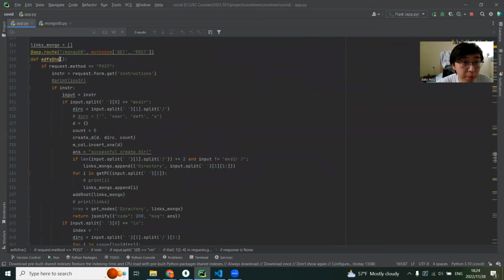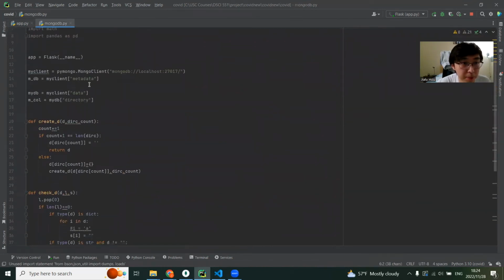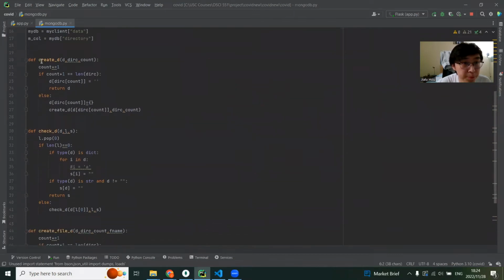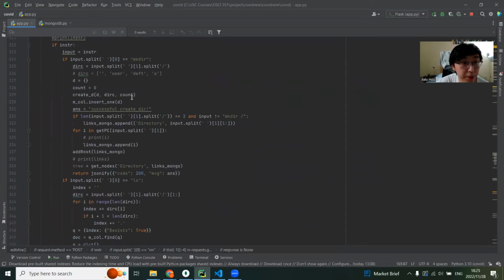So in MongoDB, I need to create the database and the collection first, and also instead of creating a URL, I need to actually create the dictionary. Since every time I make a directory or put a file, it will insert one document into the collection. In make directory, just call the function, and then you get the correct dictionary, and you insert it in the